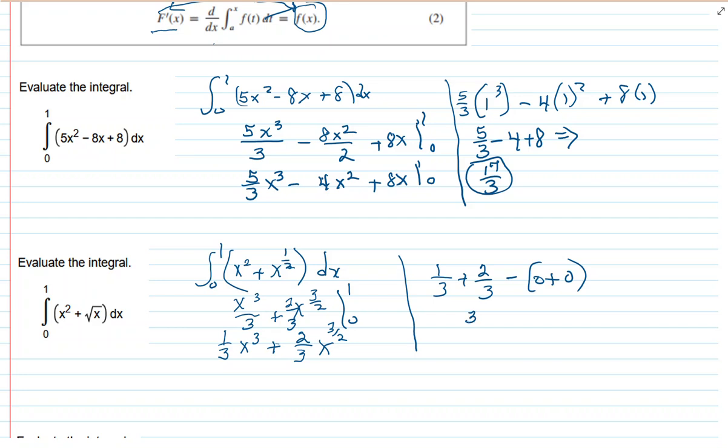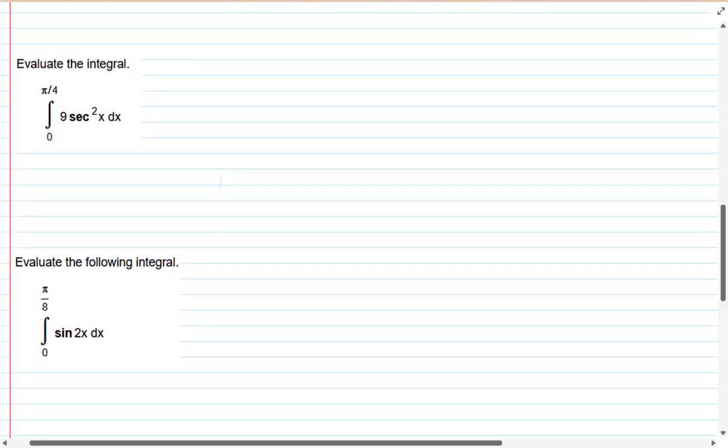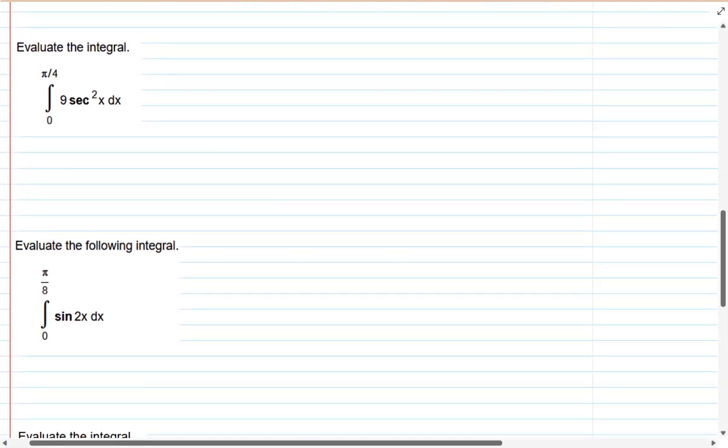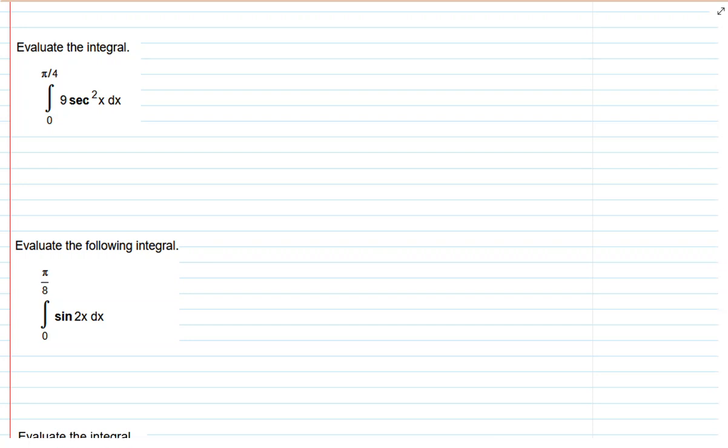So this gives us 3/3, which gives us 1 for that value. And again, because we're discussing this as not area, but as the integral of x, but in terms of t, time,